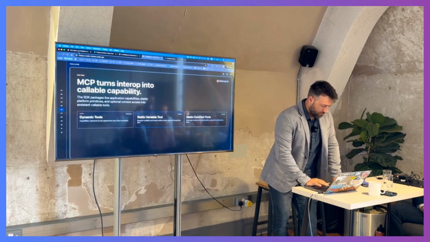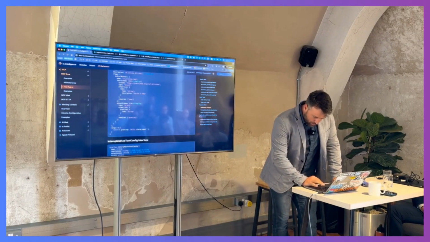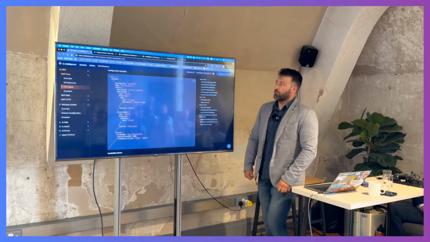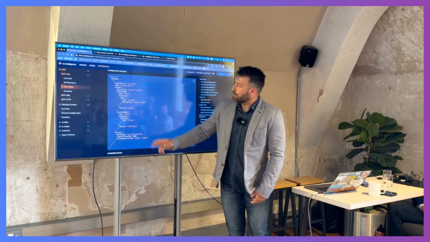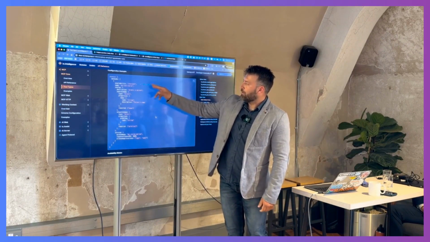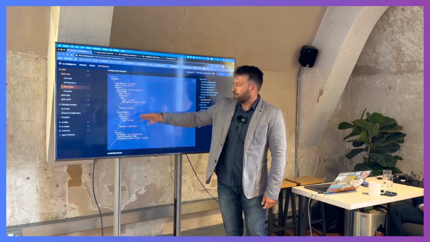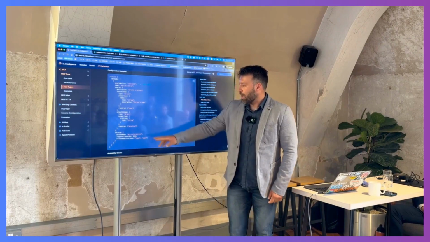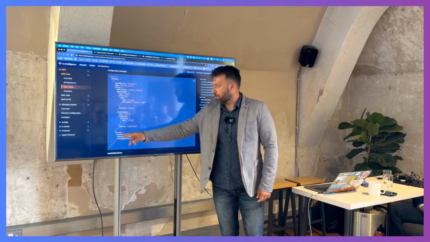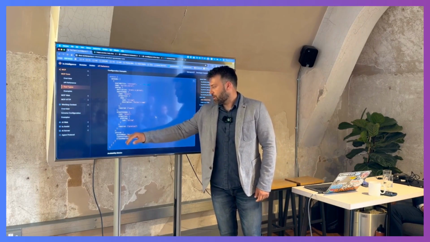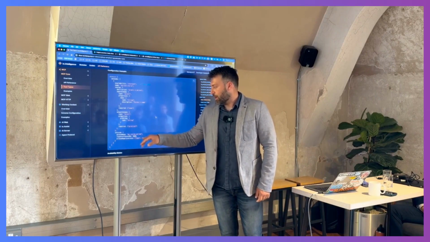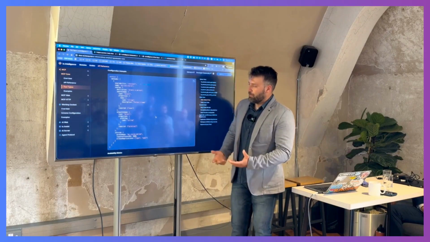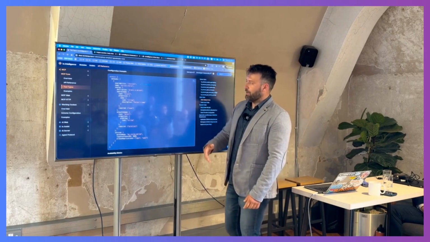So how does this look? If we go again to the docs, here we can see static tools, and this is an example configuration of a static tool. In this case, it's a static method tool. I'm going to skip the availability for now. We have a name, configuration, basically the stuff that you're expecting to see: input schema, output schema, description, and also what interop method is responsible for handling this tool. In this case, it's this interop method, and the allowed applications are those, with some response timeout.